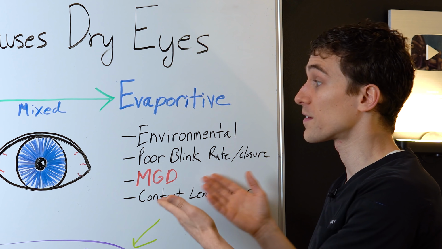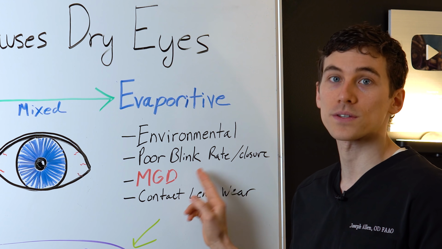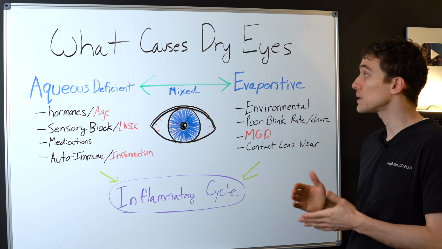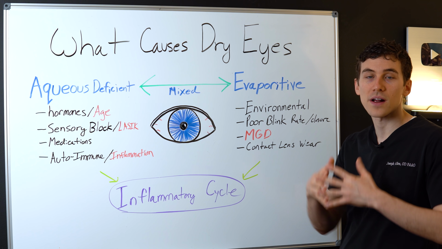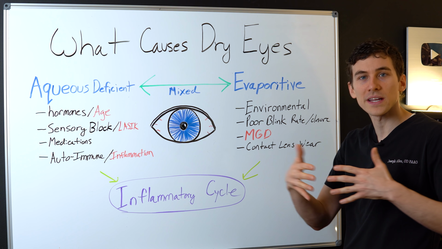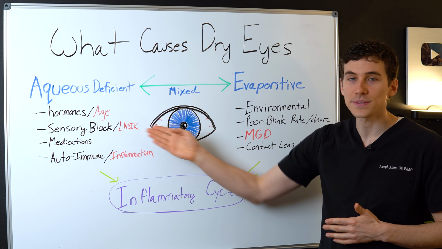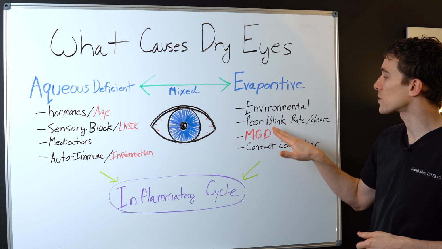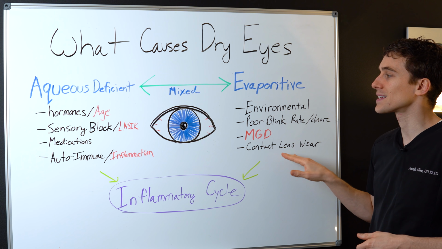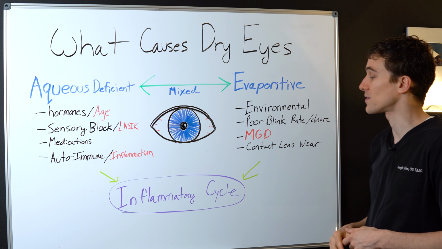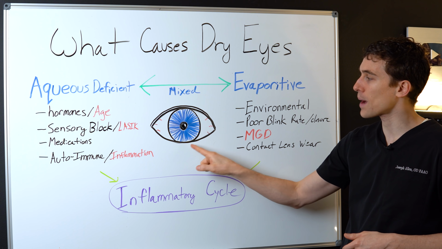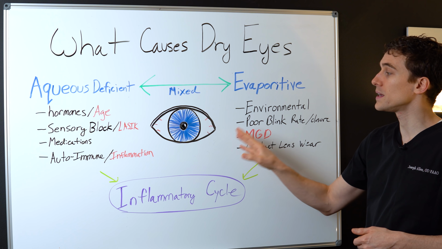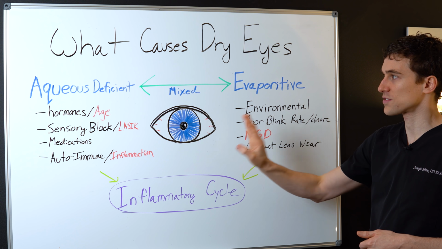And if you continue through more of our video series on dry eye, you'll notice a lot of focus on MGD treatments. And then finally, contact lens wear can play a role in dry eye syndrome, namely because it does increase the evaporative component of dry eye because the tear film spreads unevenly on top of those contacts. It can cause sensory changes or adaptation to the surface of the eye, so your brain isn't getting the same sensory feedback loop. You can also have a poor blink rate, and then the contact lenses themselves can not only soak up tears on the surface of the eye, but if they're not fitting properly, they can damage surface cells on the front surface of the eye named goblet cells. And so that can all be contributing factors for this form of dry eye disease.